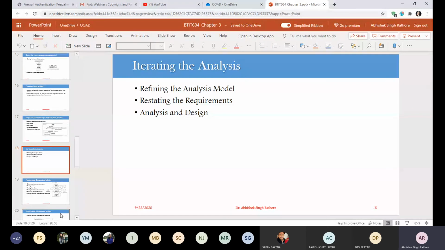The next step after iterating your analysis is to go for analysis and design. The goal of analysis is to specify your problem fully without introducing any bias toward any particular implementation. When you are biased toward a particular technology, there are practical limitations. Instead, our analysis should be unbiased toward particular technology, because technology is continuously changing.